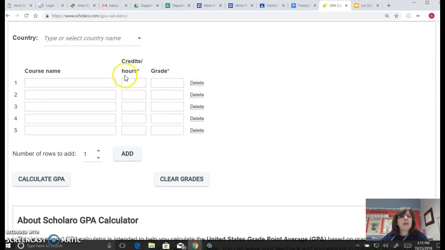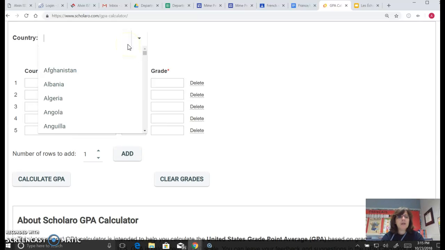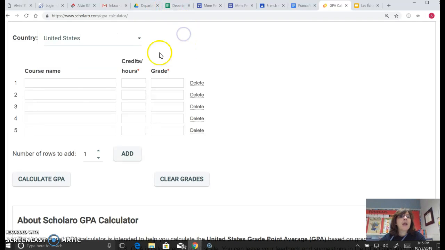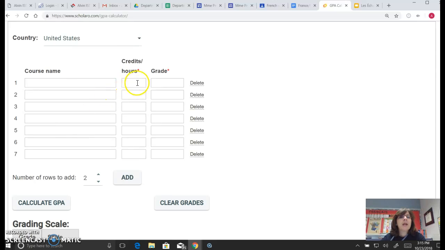And you come up with this screen. First thing you're going to do is type in the United States. All right. You don't have to worry about putting in your course name, but you do have to make sure that you add 2 more rows because you've only got 5. So you do that. Here you must type in,